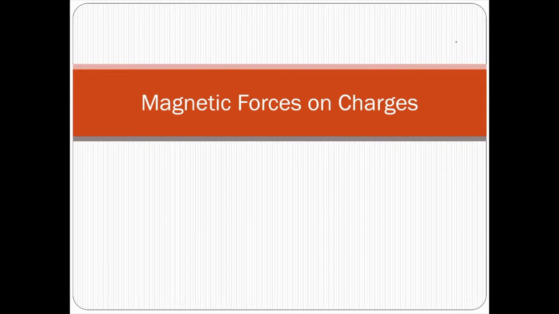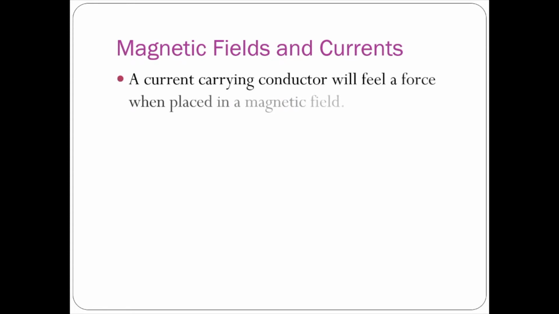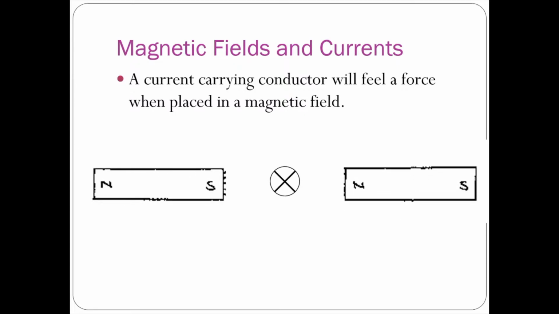Alright, so in the last video we talked about magnetic force, and today we're going to expand on that a little bit. Previously we found that moving charges can create magnetic fields. So magnetic fields are the result of moving electrons. If I have a current in a conductor, then the current in the conductor will create a magnetic field. And if I place that current that's creating a magnetic field inside another magnetic field, it will feel a force